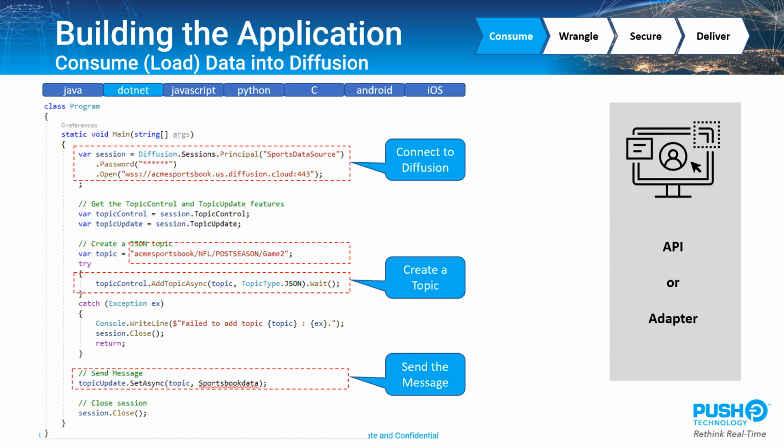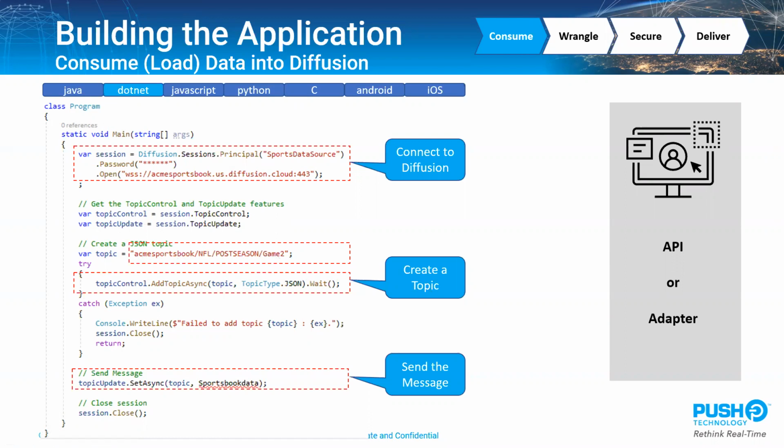So if I'm loading data into Diffusion, I want to create a topic. I want to create a structure that I start publishing into. And so it could very well be that, in Acme Sportsbook for NFL in the postseason, I want to start publishing against game 2. So we could dynamically specify what these topics are and start to publish and stream data